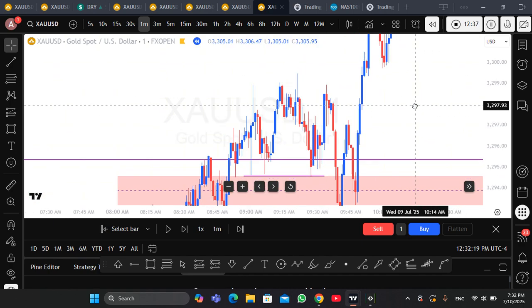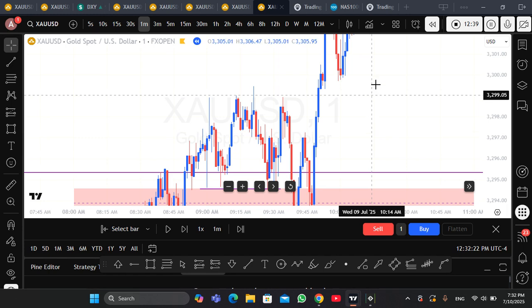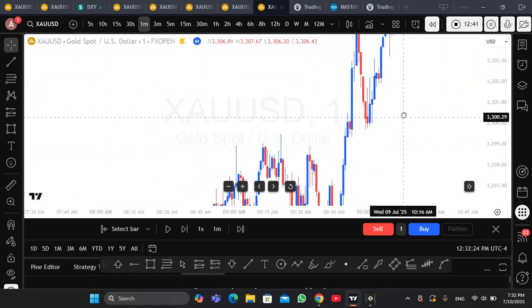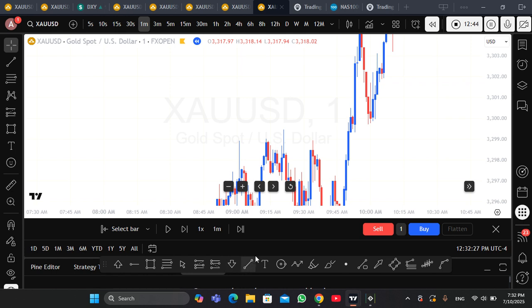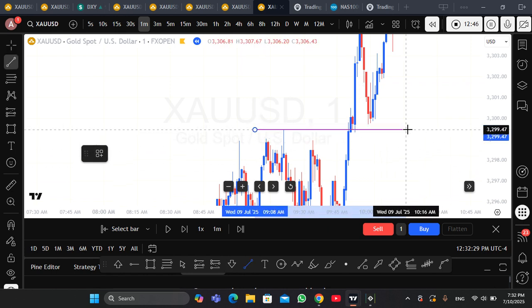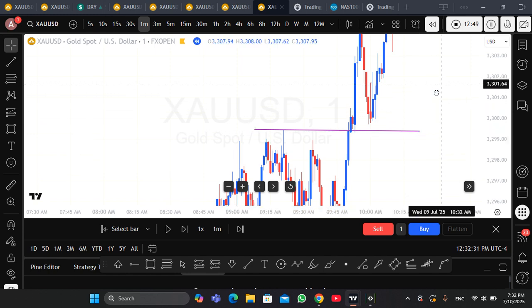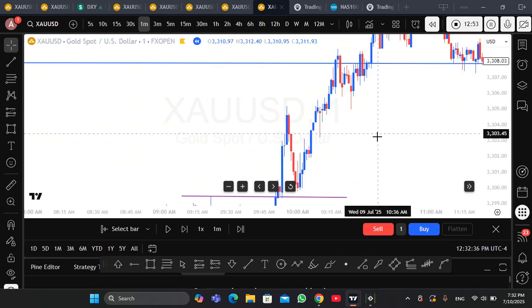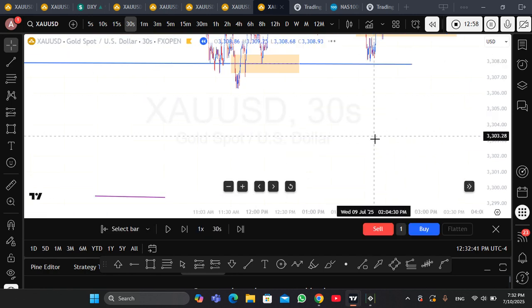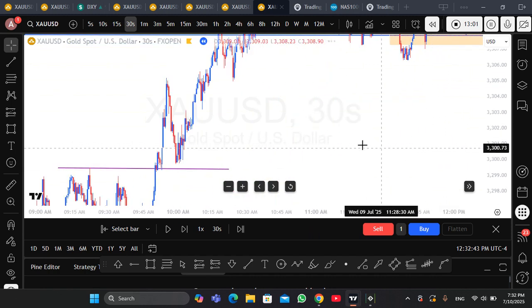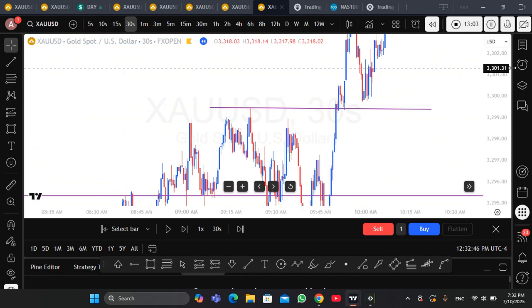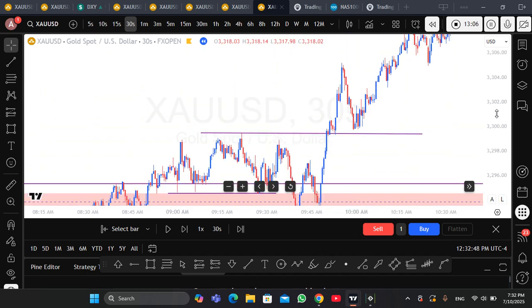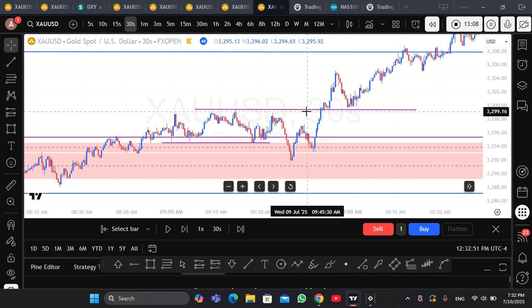As you remember, yesterday we traded these areas very beautifully. I will repeat how I trade the lower time frame in a trending market. Here on the lower time frame, the price is moving upward, making a change in the state of delivery, and then returns to retest this area.